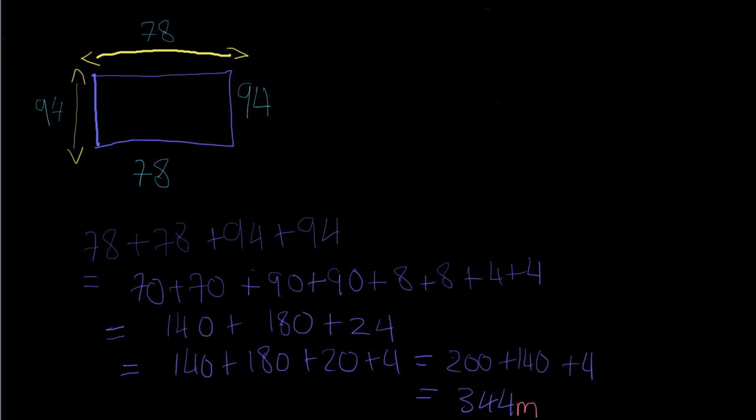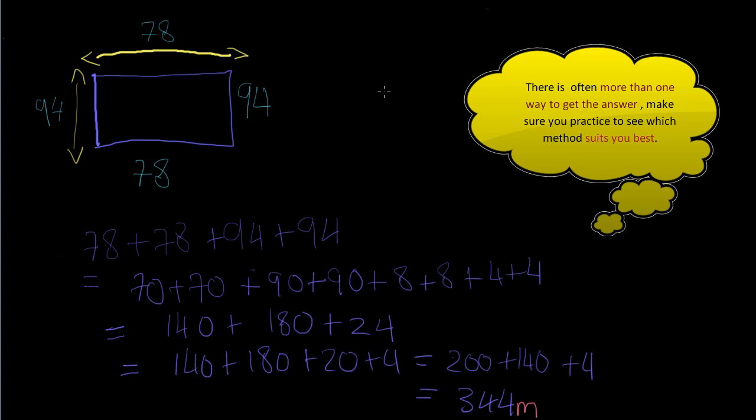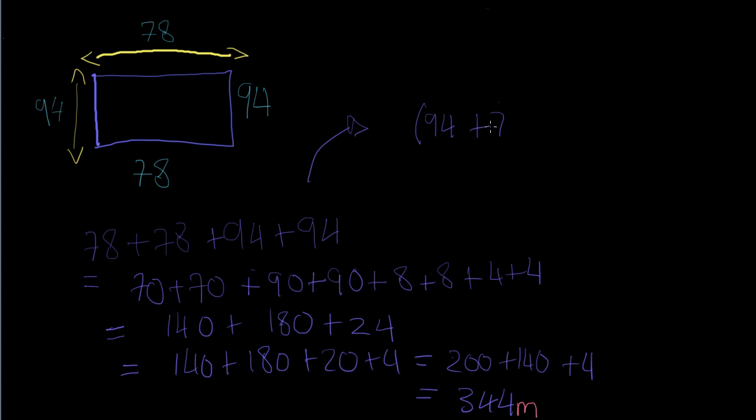It's good to break the question down, especially if you're not that comfortable with your addition. But another way of doing this is to say, okay, if these two sides are the same and these two sides are the same, the answer I should actually get is also going to be equal to 94 plus 78 times 2. Now, 94 plus 78 is 172. And if you're having trouble working this out, I'm sure you could review the previous lectures. Now, 172 times 2 is indeed